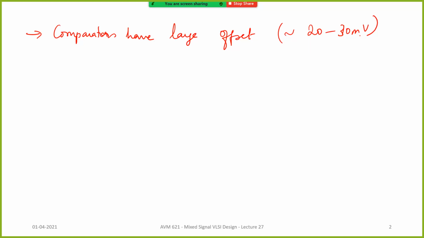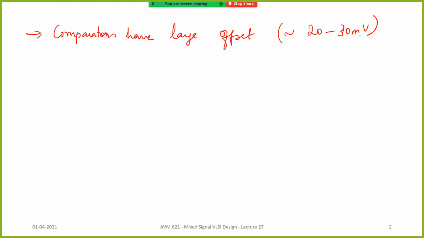So how do you simulate the offset? So there is a way in which you can simulate. There are a couple of techniques to simulate them. It's not very straightforward actually. And so one is, people give a very slow ramp and then see, or people give a DC signal and then see the number of ones and number of zeros and so on. Okay, so whatever it is, you have some offset.